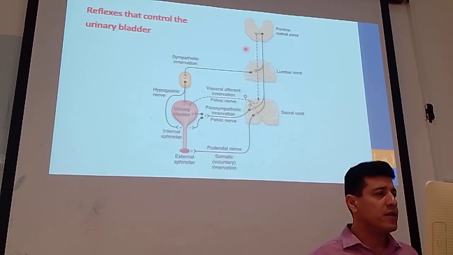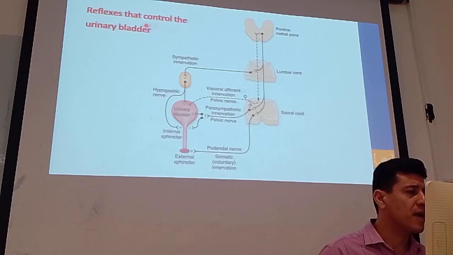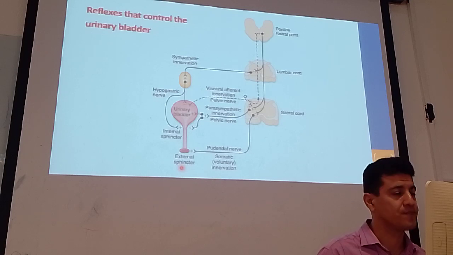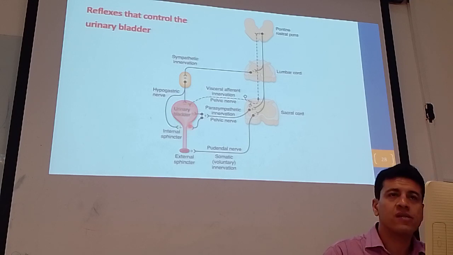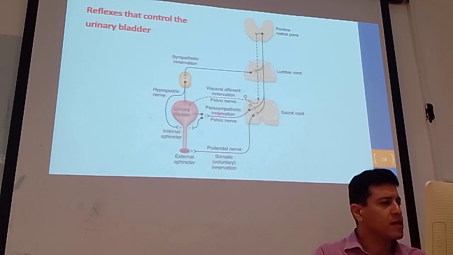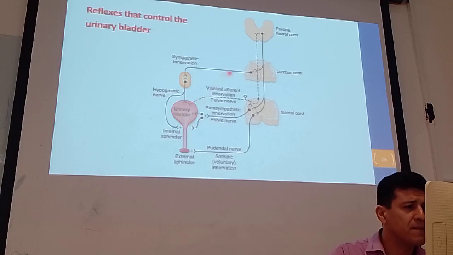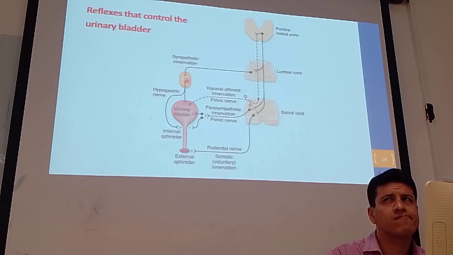So, the other reflex is a reflex for controlling urinary excretion. So in the bladder we have the detrusor muscle and the trigone muscle. Right? So let's see the innervation. Sympathetic innervation is from the lumbar segment. Preganglionic neurons go to the ganglion. Right? I think it's